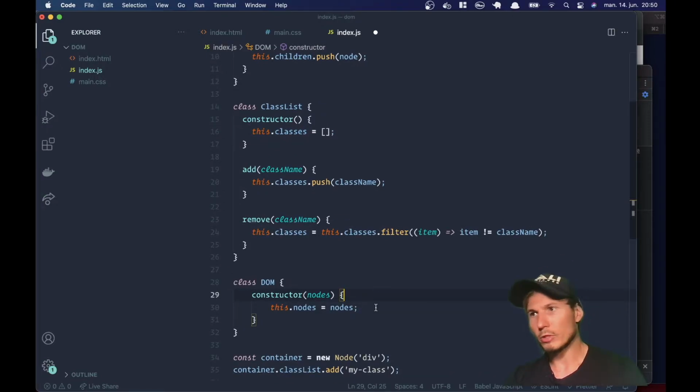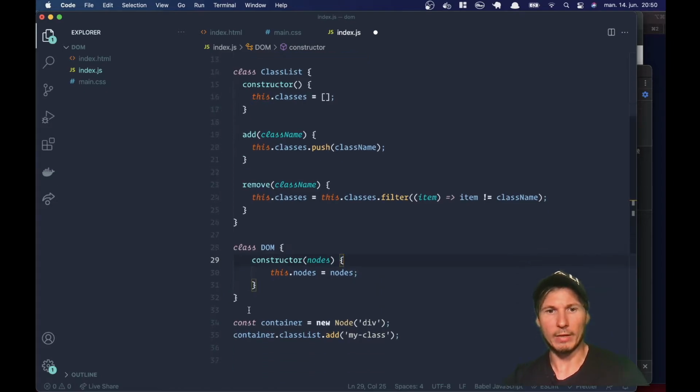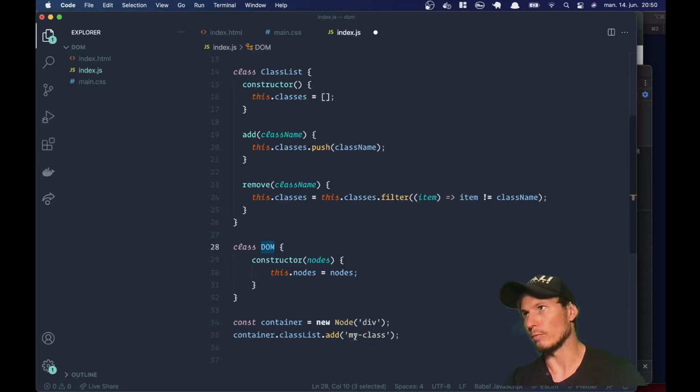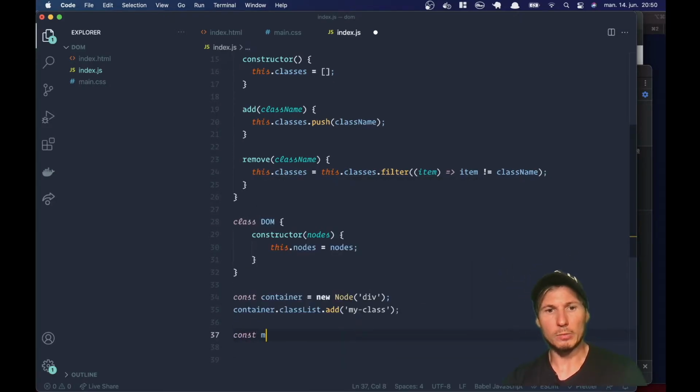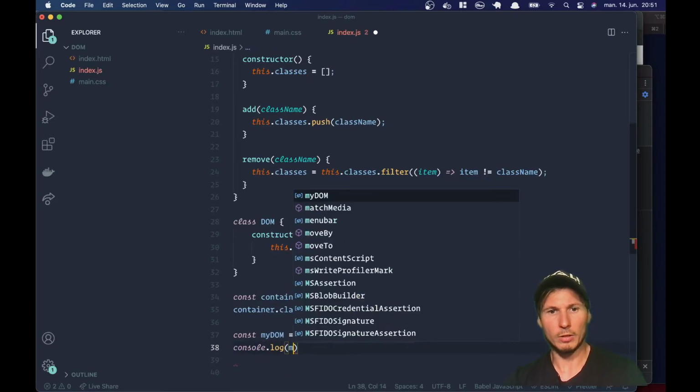So we've talked about having an entry point, and this node is going to be our entry point, and then we'll add the children on to that node. And then what we'll do is when we create our DOM, we'll pass this node as the first node, okay? So we'll do const myDOM, and we'll say new DOM, and we'll pass the container here as the node. So if we console log myDOM,